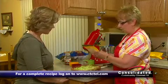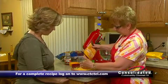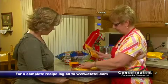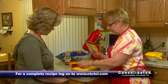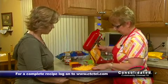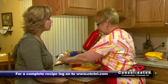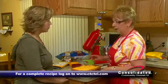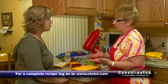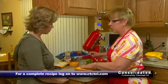Yes. And then it asks for a cup of shredded cheese. So we're going to just put that on top of here. And it says a cup, but if you really like your cheese, hey, add a little bit more. Sure. And because till you do put all your ingredients on there, it does make it pretty thick. And that's why I have liked my 9x13 pan, because it's a little bit more spread out. And when you're putting your dip in there, you don't have to dig through so much to get to all